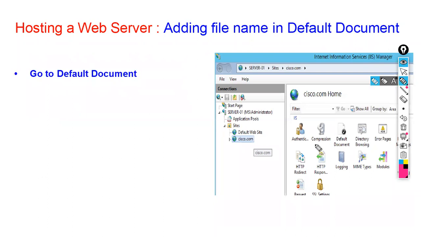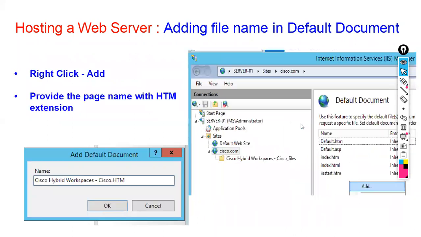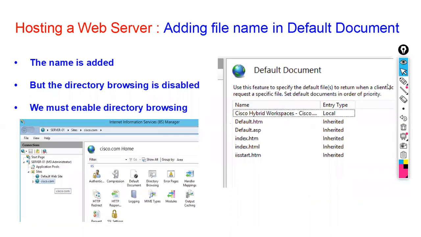So we'll go to default document and let us say the page name of your website is Cisco. So you will copy that name and paste it here and you will add the extension HTML. After adding the name,